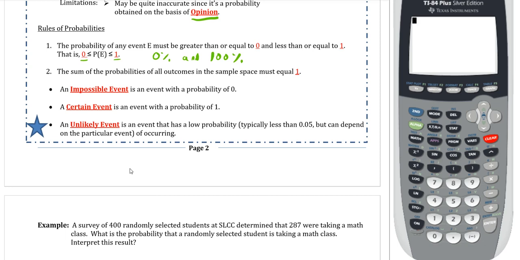If something has a probability of 0, we consider that impossible because it cannot happen. If something has a probability of 1, we instead consider it certain, because it's going to happen. Very important, you see I already have a star here, and that's for a specific reason. You will see this very often. An unlikely, or I'll also say, unusual